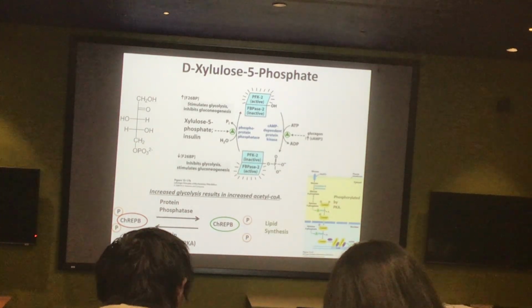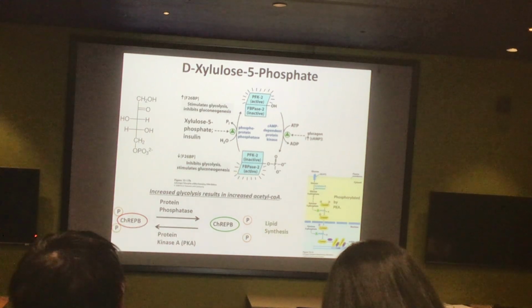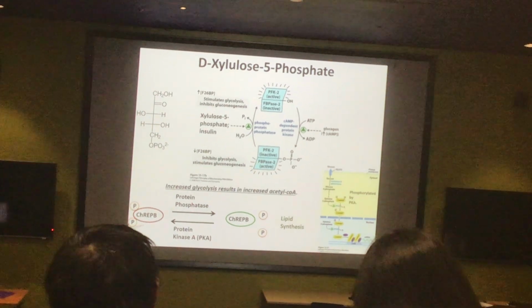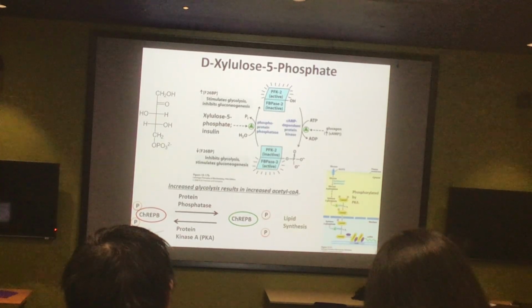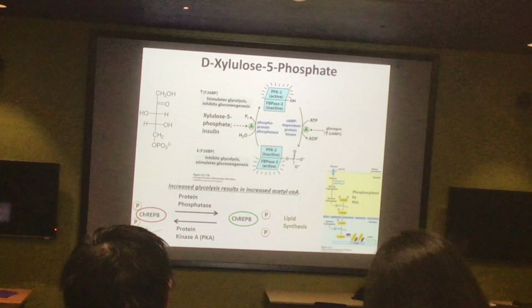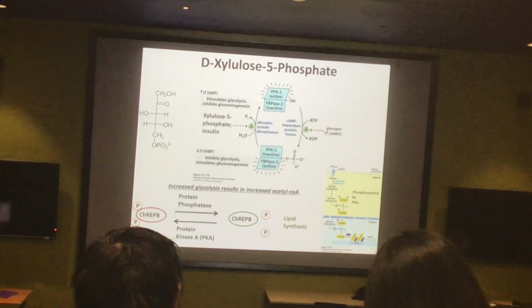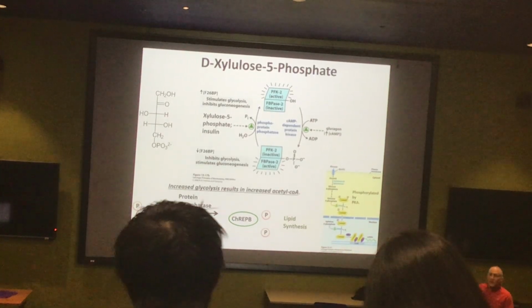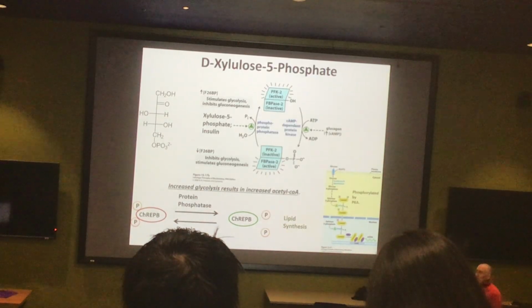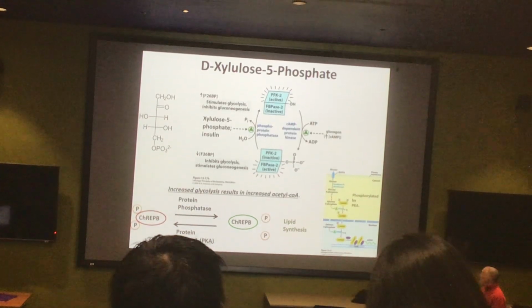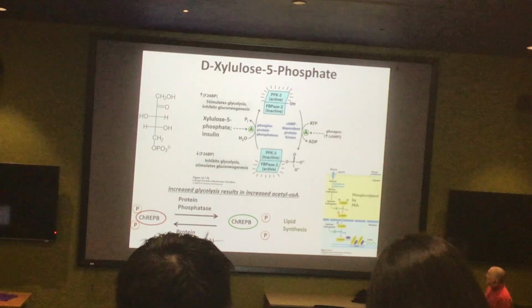Even with the reductive swap, about 60% of your NADPH is actually coming from pentose phosphate, which means you're building up a lot of xylulose 5-phosphate in those cells that are making lots of lipids. It turns out that the xylulose 5-phosphate, in addition to just being a 5-carbon sugar going through the process, a small amount of it is going to get siphoned off and used as an allosteric regulator. It's actually going to activate protein phosphatase 2A.